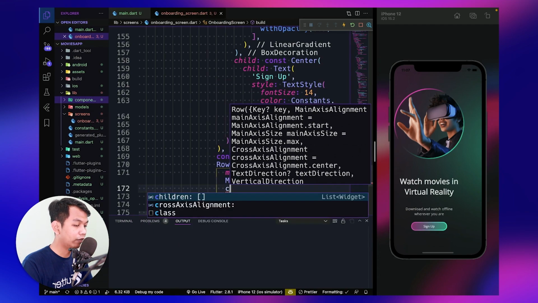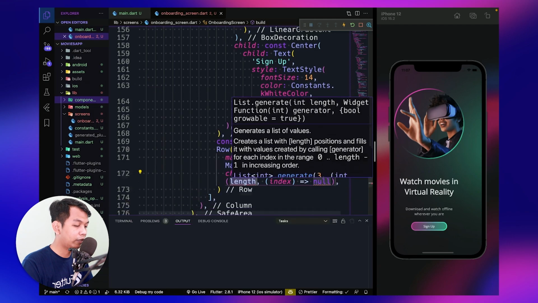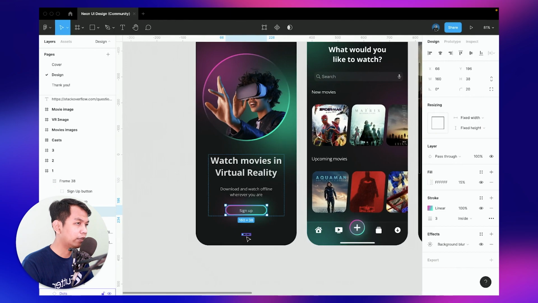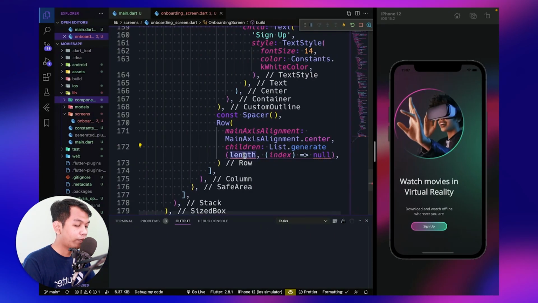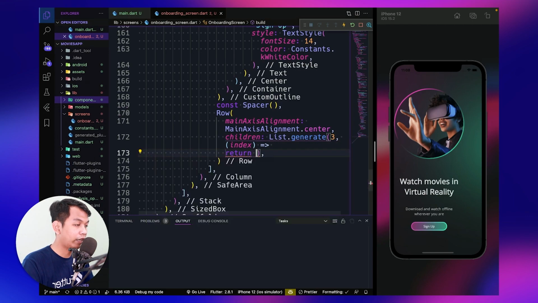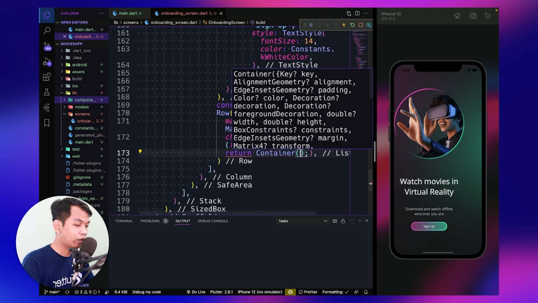And this widget will have children using this list.generate because we want to generate like this indicator. So for now, let's make it as a static, which is this three, and index, and this we will return something right here. So we want to return container.